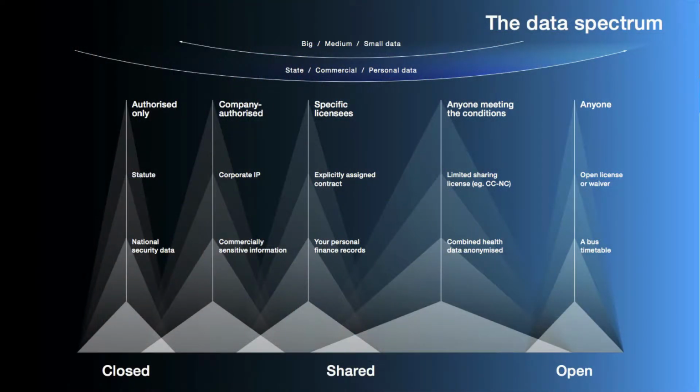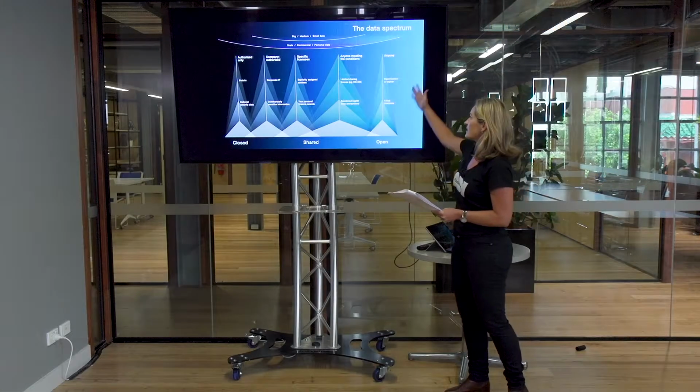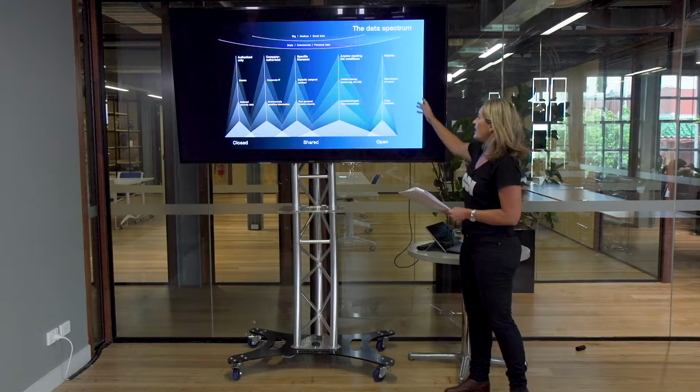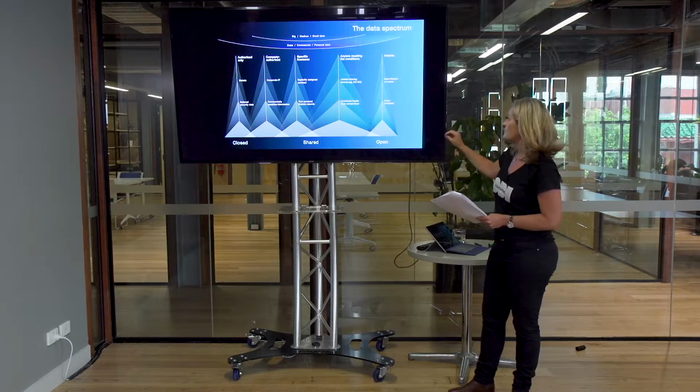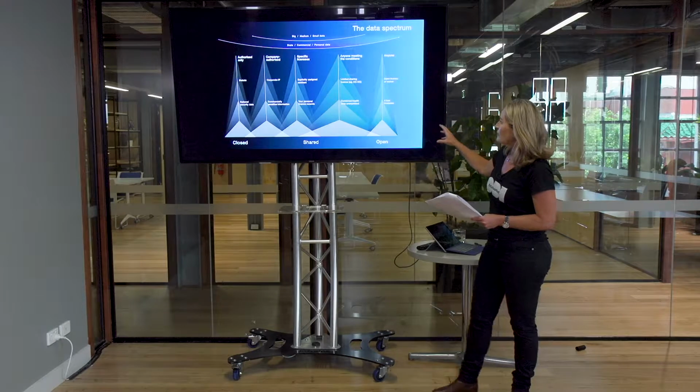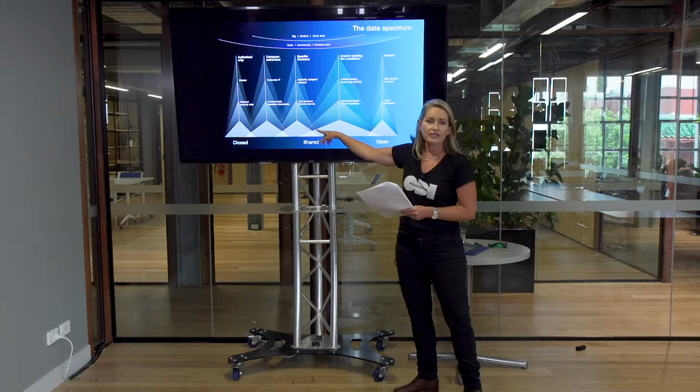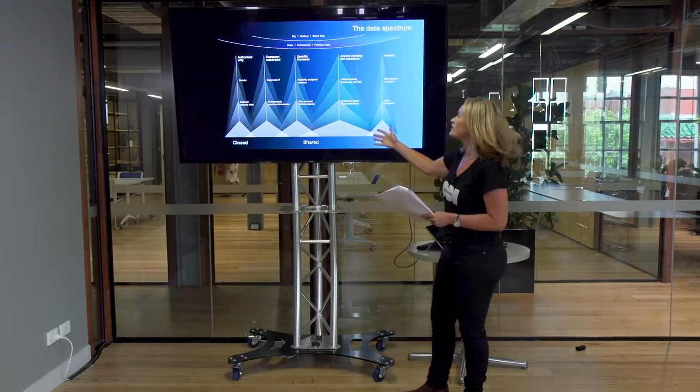Big, medium and small data applies across the entire data spectrum, and open data belongs, as it's described here, on a spectrum. This was created by the ODI in London, and it's a fantastic tool to help people really get clear about what it is that open data is. Open data is this stuff on the very end of the spectrum. It has an open license and enables people, as we talked about, to access, reuse and share that. There's a whole lot of stuff in the middle here that we call shared data, and some really good examples of that